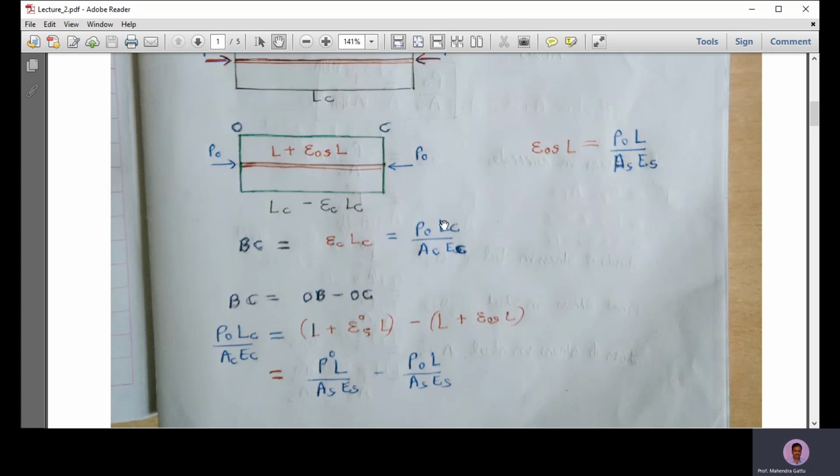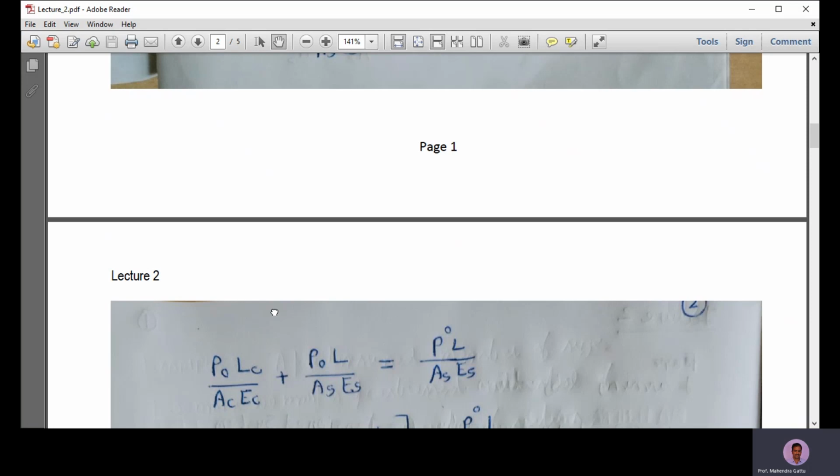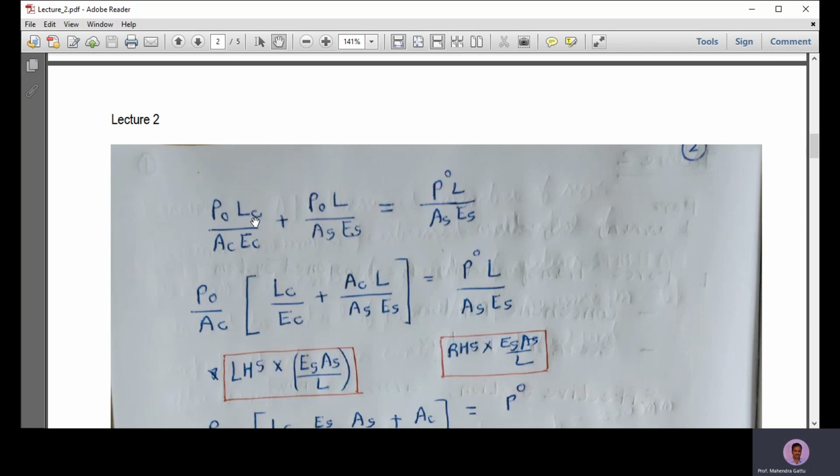So BC is P naught LC by AC EC, and OB is L plus epsilon naught SL minus L plus epsilon naught SL. So L and L will cancel out, and we'll have P superscript L by EA for steel minus P subscript L by EA for steel. Now we can send this P naught to the left hand side, and we have P naught LC by EA for concrete plus P naught L by EA for steel,